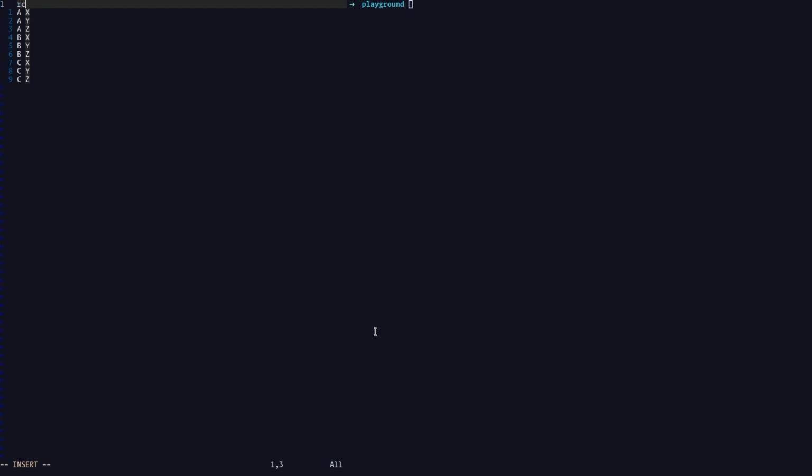If I say I have rock, then paper, and then scissors, rock is 1, paper is 2, and scissors are 3. Now the question is, can we use these point numbers to know the outcome of each round? Rock is 1 and paper is 2. Rock gets defeated by paper, and 1 is smaller than 2. So far, so good. Paper is 2 and scissors are 3. Paper gets defeated by scissors. So far, so good. However, when we reach 3, scissors, 3 is bigger than 1, and scissors are not stronger than rock. Scissors get defeated by rock.